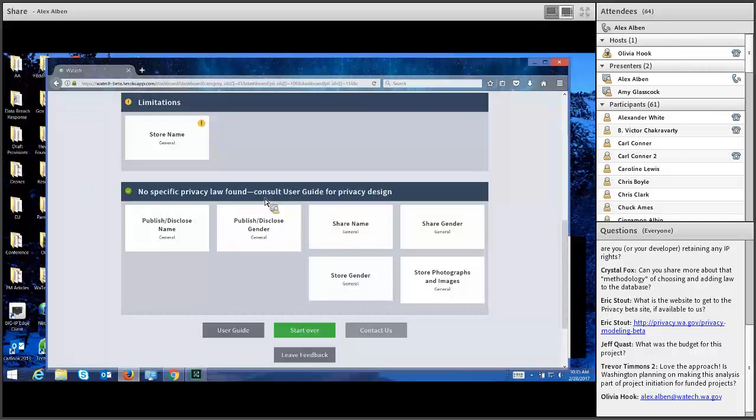Okay, the question we got, thank you for the compliment, is: is Washington planning on making this analysis part of project initiation? Right now we're not requiring it for new projects, but I think it's a good idea, and I am going around state government, in fact meeting with the different cabinet level agencies today, socializing this and marketing it for people to use.